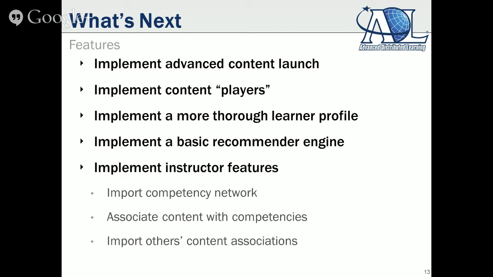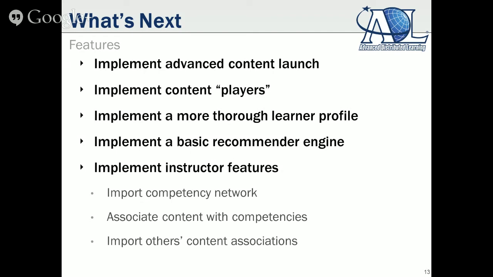What if I have SCOs? SCOs think that there's an LMS in the mix. What if I'm launching it outside of an LMS? Can I trick a SCO into thinking it's running in an LMS, but then track Experience API statements behind the scenes without it really knowing? What about a simulation? And what does a player for a simulation look like, and what requirements does that have?